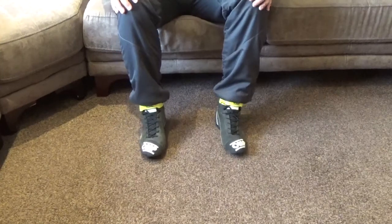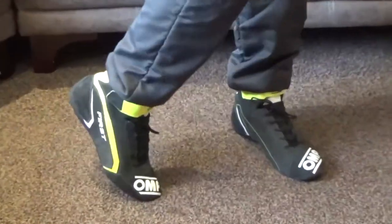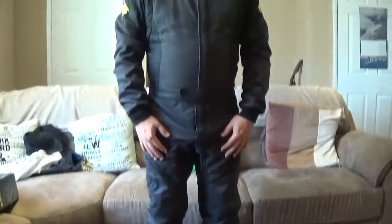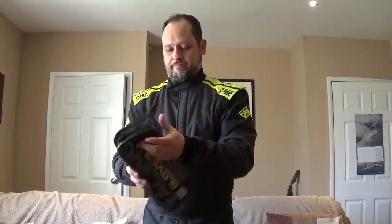So that's the race boots on, and as you can see, there's nice bits of yellow on there and black, just to kind of match with the race suit. And then next is the gloves, which I have just over here. I'll quickly open these and pop them on. One glove, two gloves,